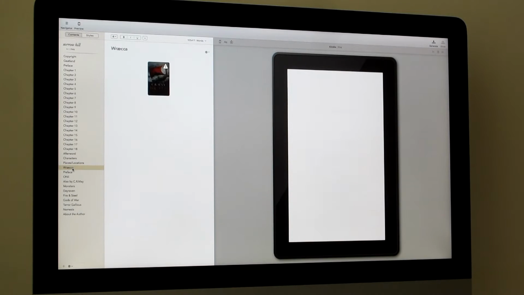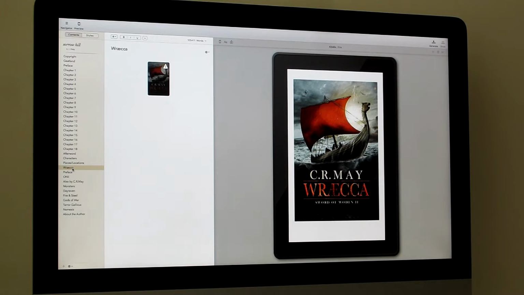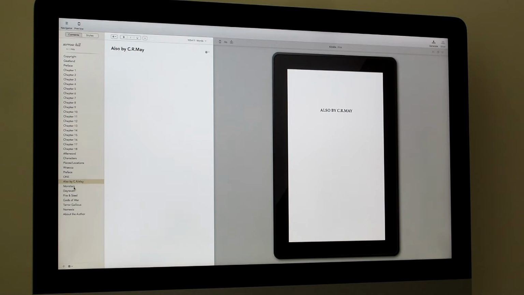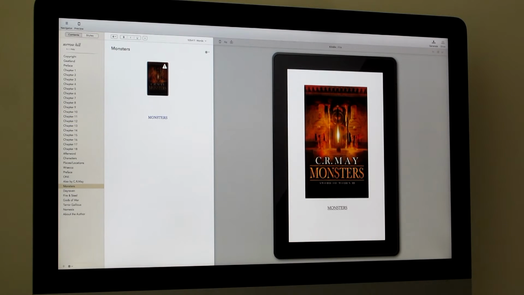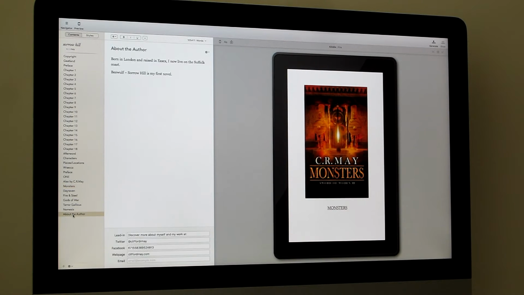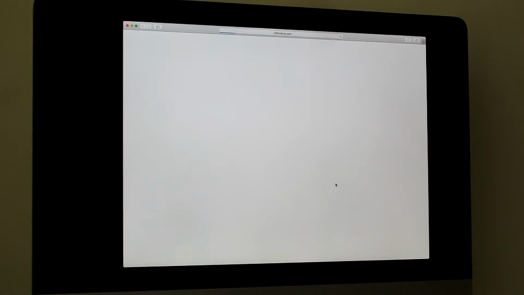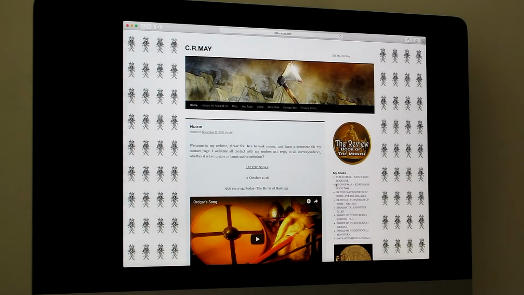You place the locations, and then at the back I've just put in basically adverts from the first of my books. I've got the first chapter of the next book, Wocca, with the preface coming up, chapter 1, and then also by CRMA. You've got all these things going through with working links, which will take you through to the Amazon page. A little bit at the back about the author has now got things like the Twitter and the Facebook, and a working link there to take anyone through to my website. So you can see,